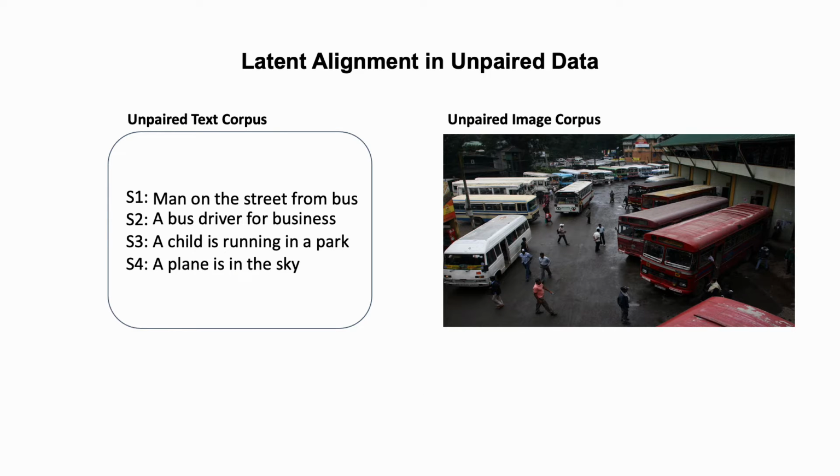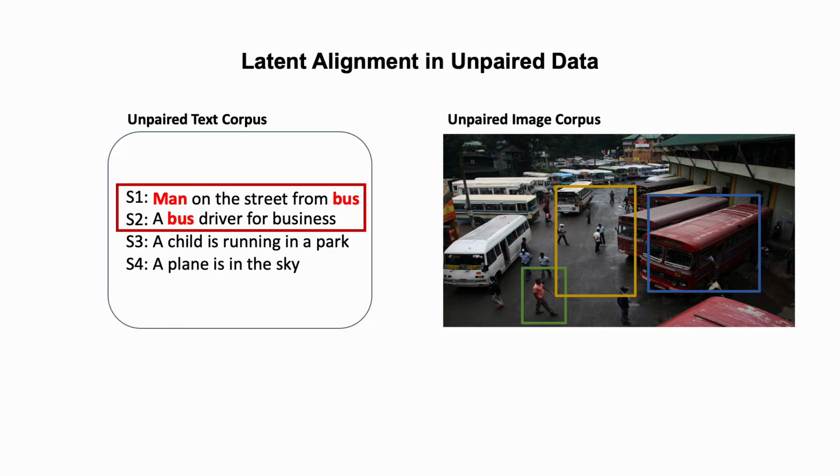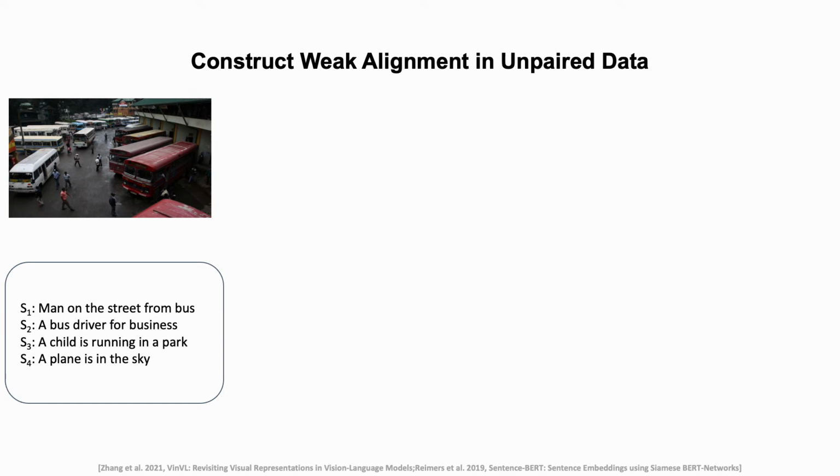For unpaired image and text corpus, we find that there is still latent alignment between some text and images. For example, although the four sentences on the left are not strict captions of the given image, we can easily tell that the first two sentences are more semantically related. This is because they cover more visual objects depicted in the image. To capture such latent alignment, we build a retrieval process to select texts that cover as many visual objects in the query image as possible.